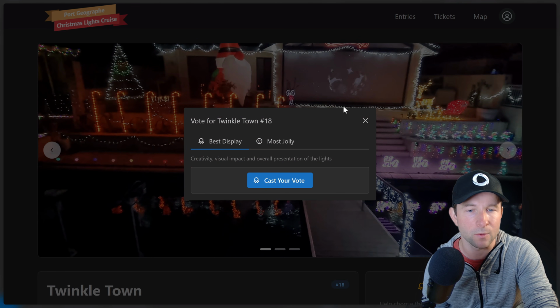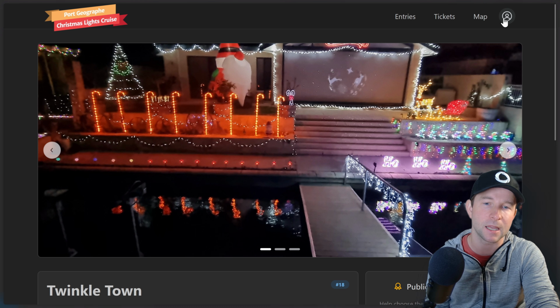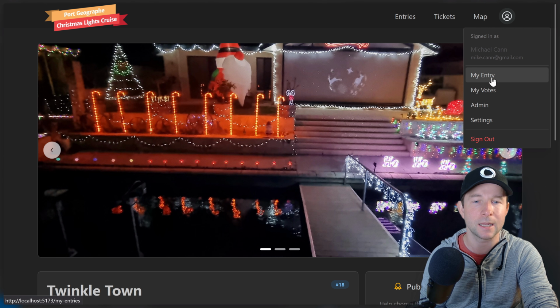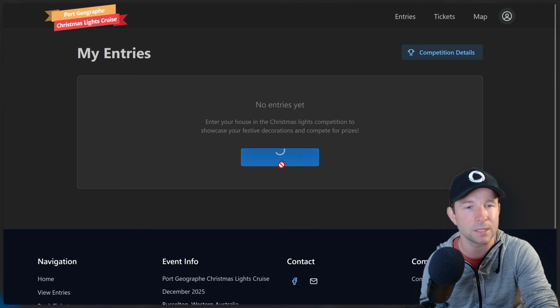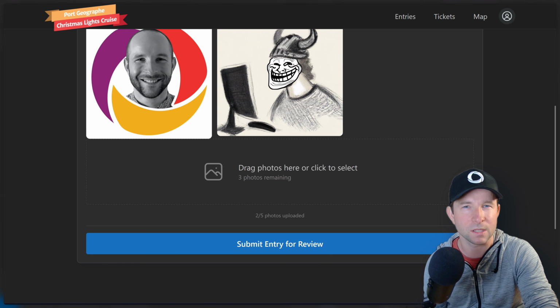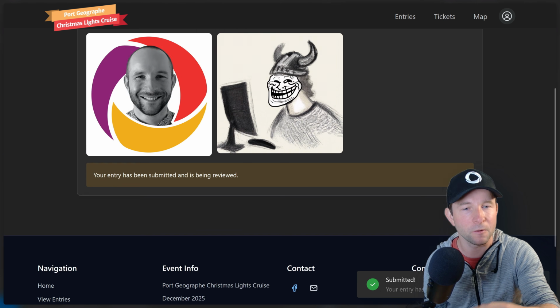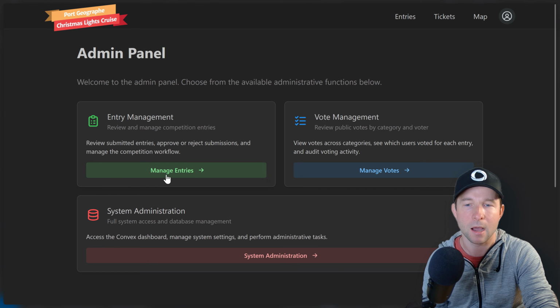So I can choose to vote in one of the two categories if you are signed in. Speaking of being signed up, you can click here on my entry to enter the competition by filling out the various details like so. Once done, your entry enters a submitted state, which then needs to be approved by the competition organizer from the